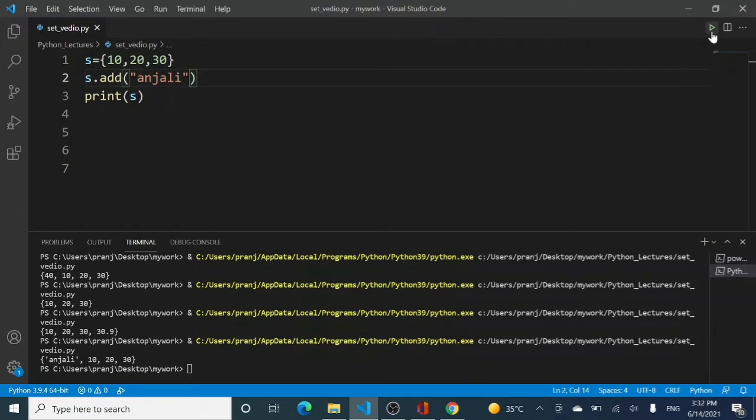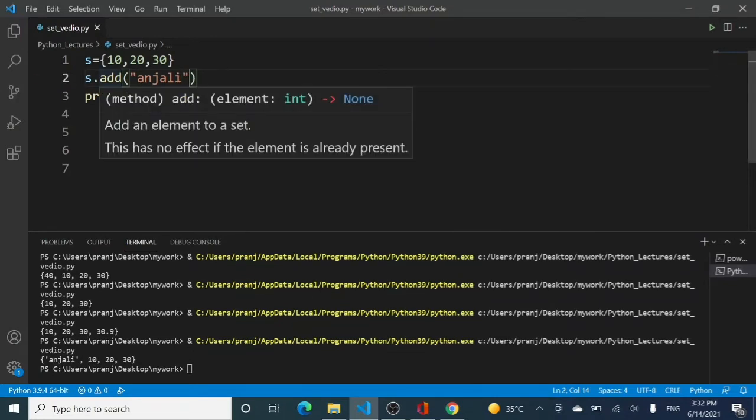But here there is a disadvantage. The disadvantage is, what if I want to add 100 values to my set? Then 100 times I have to call this add method, right? Now see the difference. Add is a method, right? A method is a function which is defined inside a class.